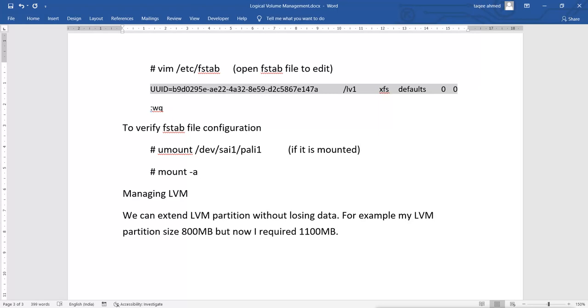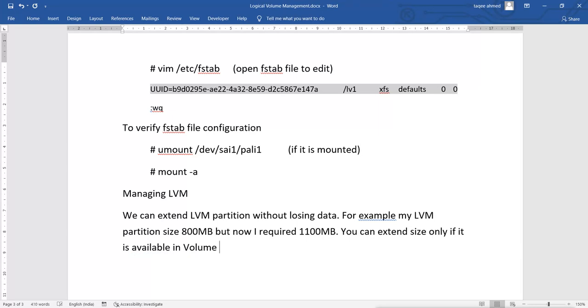Now you have to just make sure one thing, that you can extend the size only if it is available in your volume group.